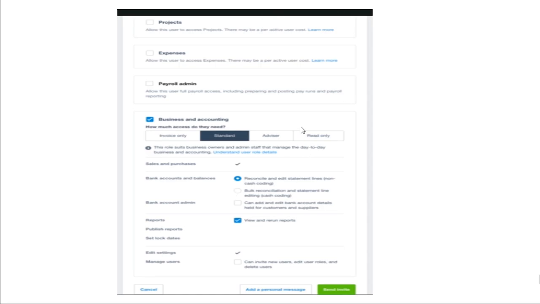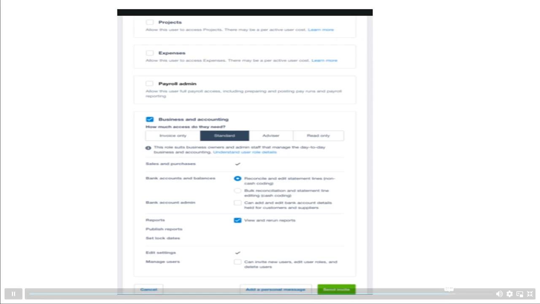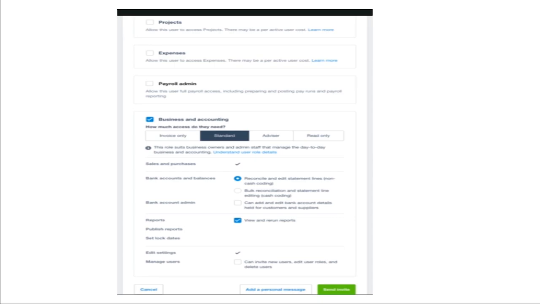I'm just showing this so that you'll have a better understanding of the user role that you'll have, so that you're not going to reach out to the client and say that I didn't have access on this and that. It's better that you understand what your user role is, and then if you need more access in some areas, that's the time you reach out to the client, and you have to explain why you need more access into their Xero account.